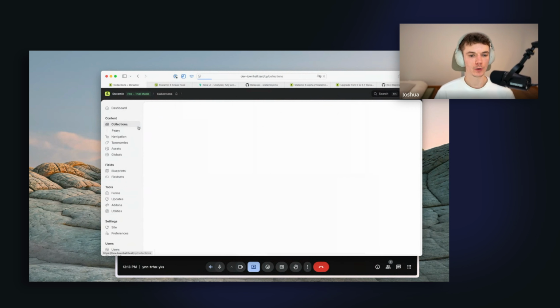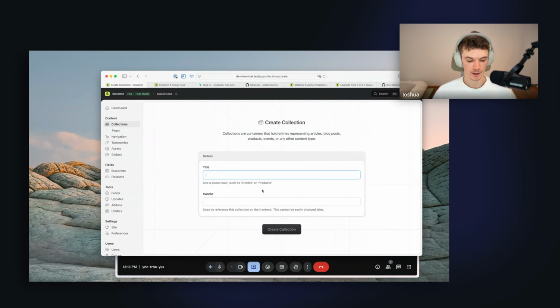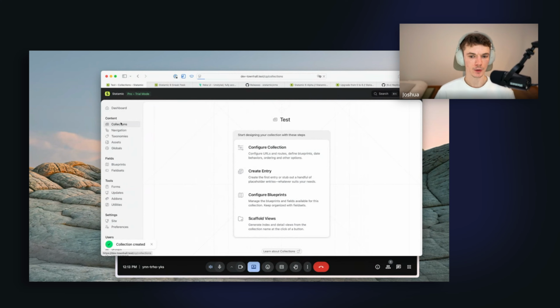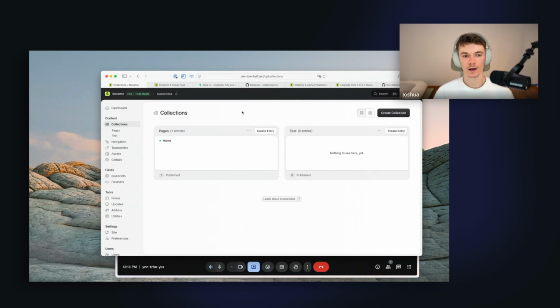Then we have a new collection overview. So for example, when we create a collection here, let's do that real quick. And you go to the overview, we have new cards here that not only show you the name of the pages and how many entries are in there, as it is with Statamic 5. We show you more stats and also an overview of the actual entries, so you can directly jump into an entry instead of going into the collection and then selecting an entry. So the collection cards are new,